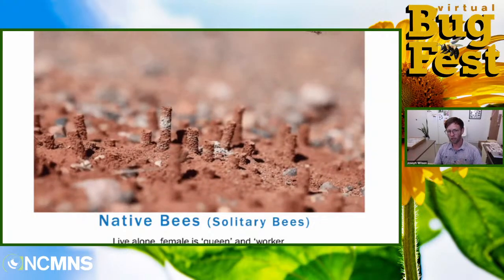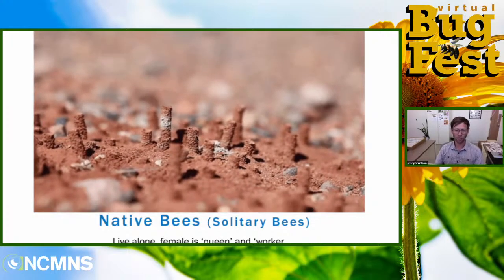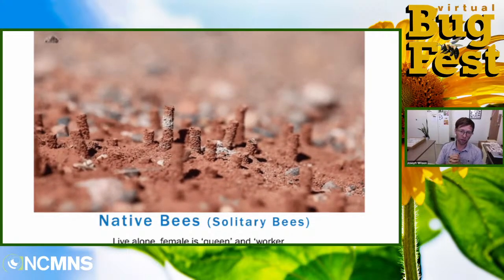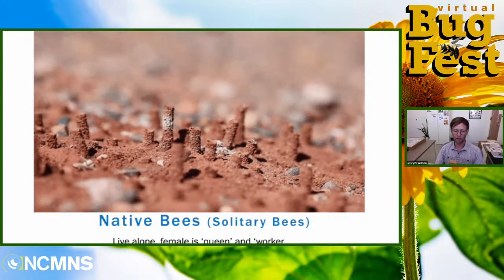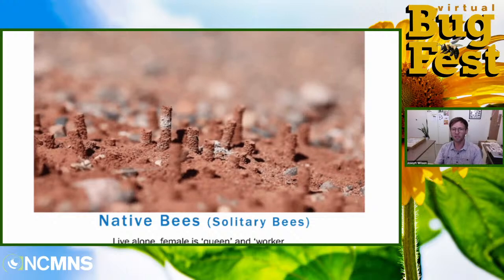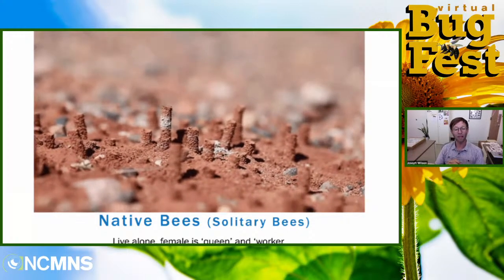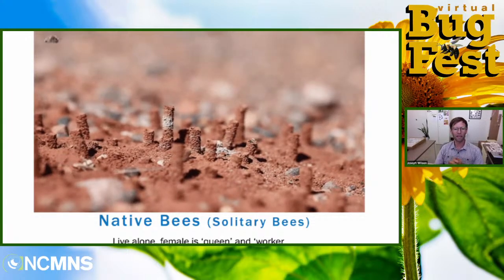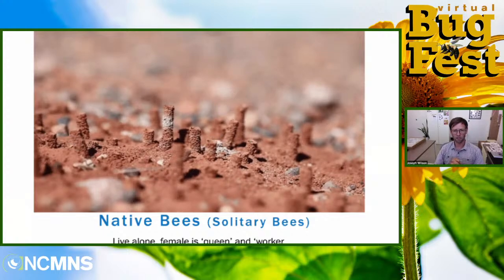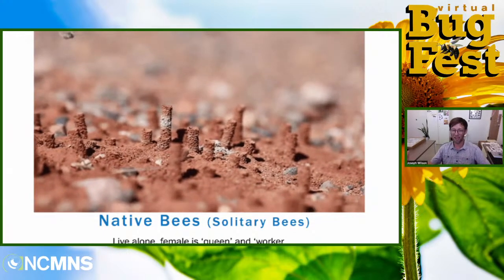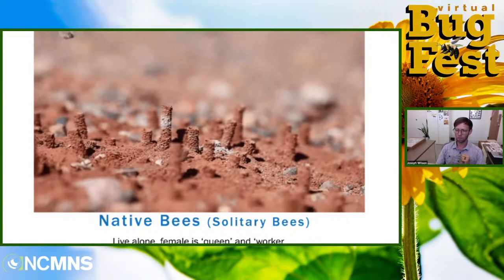Now, even though they're solitary, many of these native solitary bees will nest in big groups. So this is a nesting aggregation of some solitary bees down here in Utah. A lot of bees will find a patch of dirt or land that they really like, something about the soil consistency or the moisture or other characteristics make that attractive to them. So they nest in these big aggregations. Each bee has its own nest and they don't work together. They are still solitary bees, but sometimes they will nest in these big groups. Sometimes you can have thousands of nests within a couple of square meters. So solitary bees sometimes can be communal.